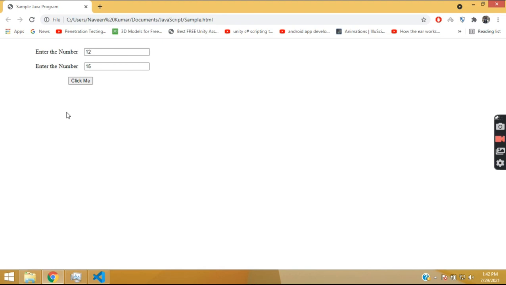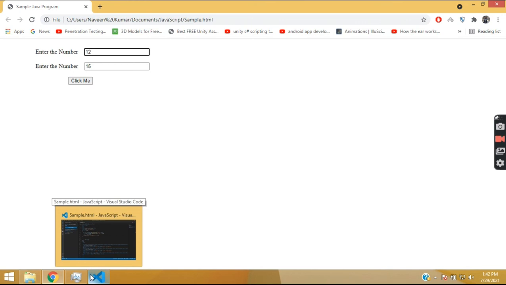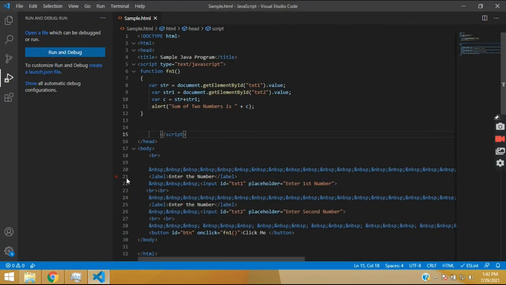We want addition. So we have to convert these values into numeric values, then only we can add. We will discuss it later on, but till now we have to practice this only.